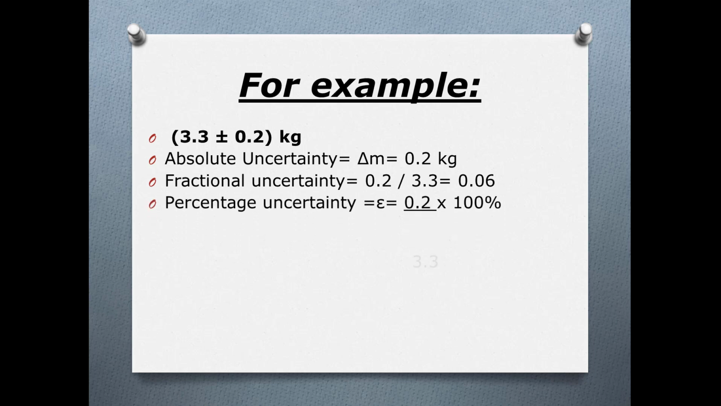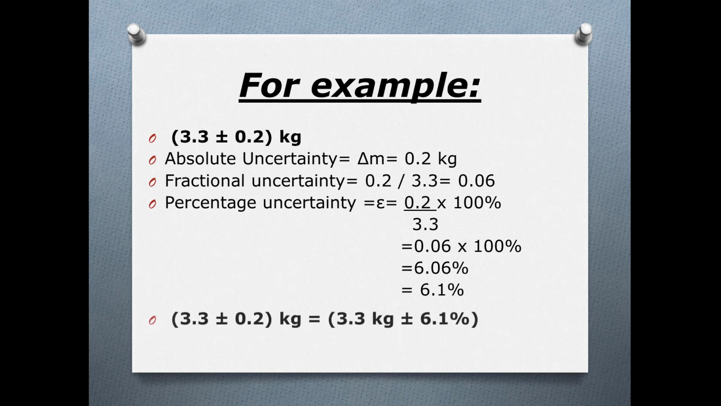Percentage uncertainty, which is equal to epsilon, is equal to 0.2 divided by 3.3 multiplied by 100%. We are putting the values in the formula of delta A divided by A multiplied by 100%. So we have 0.06 multiplied by 100%, which gives us 6.06%. So percentage uncertainty is 6.06%, which is rounded off as